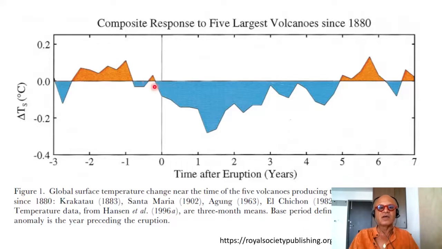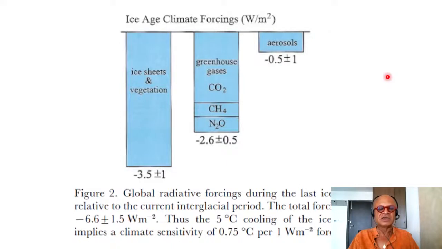So you can see that when the volcanic eruption happens, there is a cooling, the temperature at the surface cools by a measurable amount. This is global mean, so I have to be careful. It's a substantial change, even though it just looks like 0.3 degrees centigrade or so. And this cooling slowly disappears over several years, and then you get back into natural variability. So volcanic radiative forcing is a natural forcing, and you can compare those to other kinds of forcings